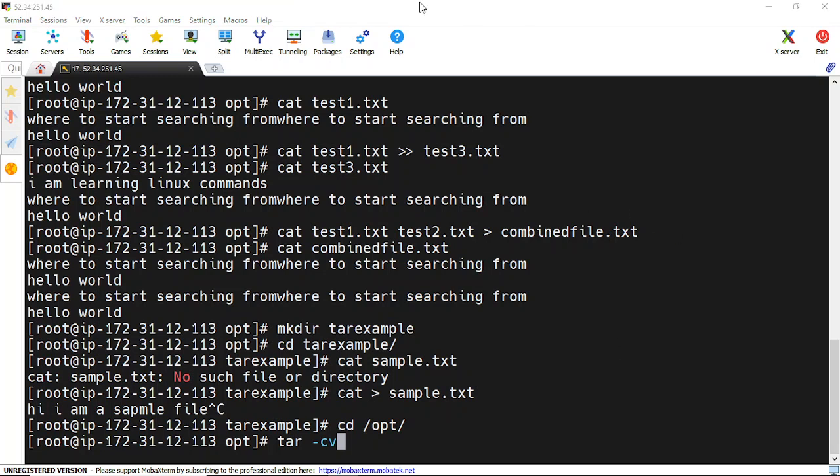And if you want to create an archive with a given file name, you have to use the option f. Now space. Let's give this tar a name, tar example